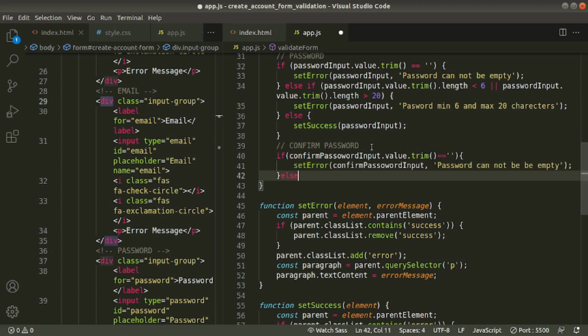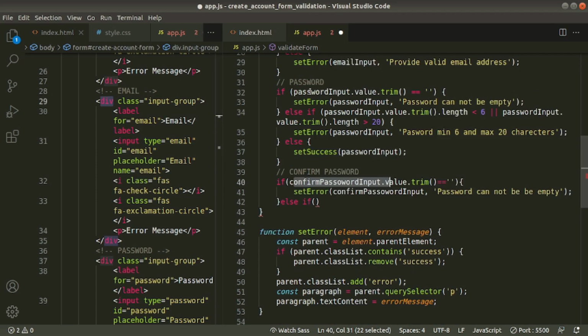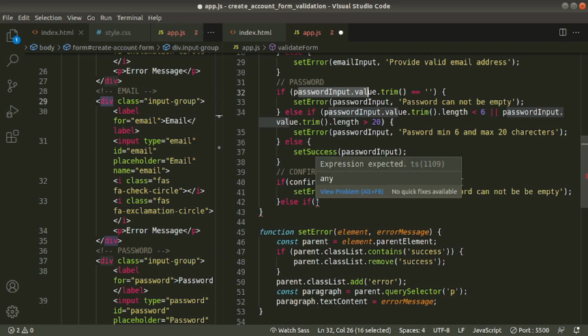Now the second check is we compare this password input field value with the other password input field value. They both should be the same, otherwise invalid. Okay, here we'll write that one.